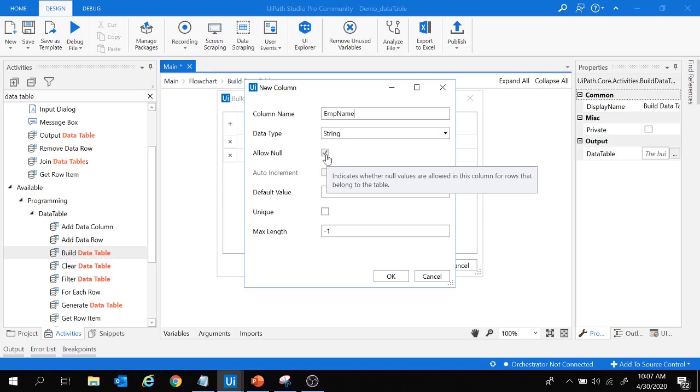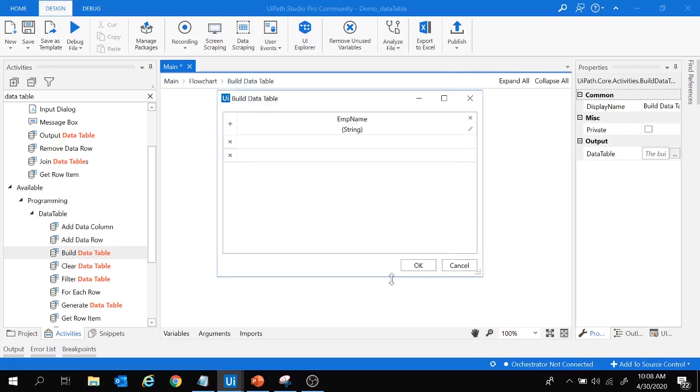Otherwise, if you don't wish to allow null values, you uncheck this box. The auto increment is for the integer data type, so it is not enabled for the string data type. We can provide a default value over here, and we can provide the maximum length as well. In case you don't wish to provide any maximum length, you can keep it as -1, and let's click on OK.